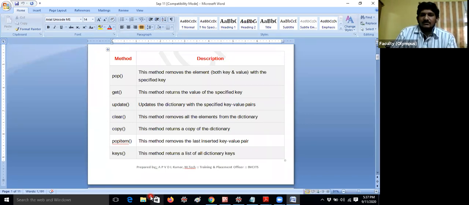From today onwards I will discuss completely how to write a program also. Listen carefully, and after completion of the data types, tomorrow we will discuss them. Let me complete the clear method now.